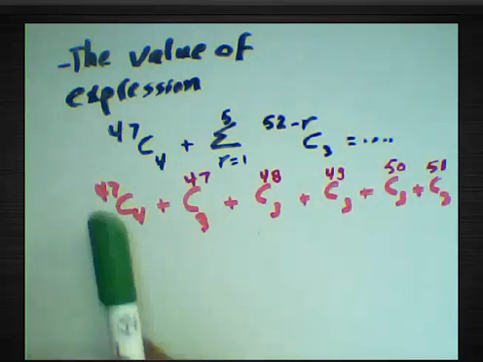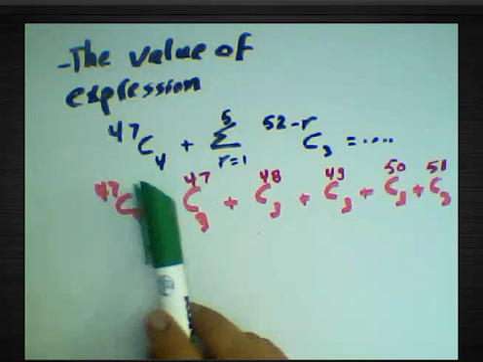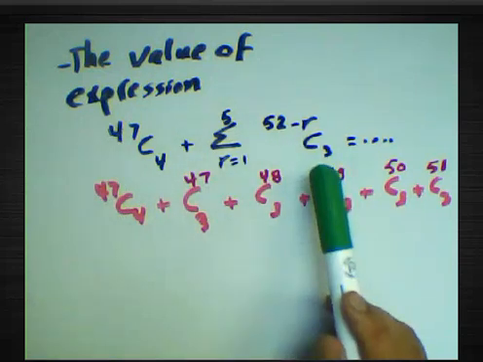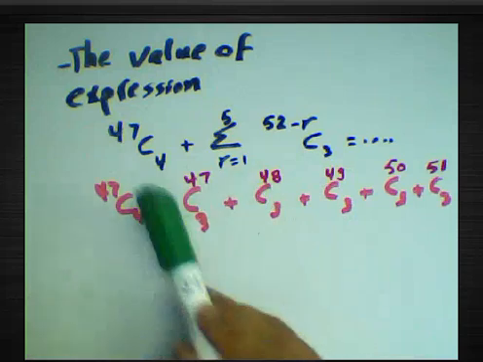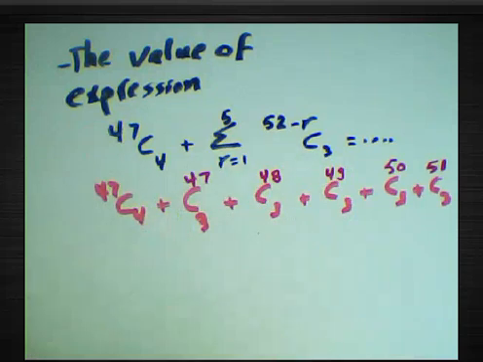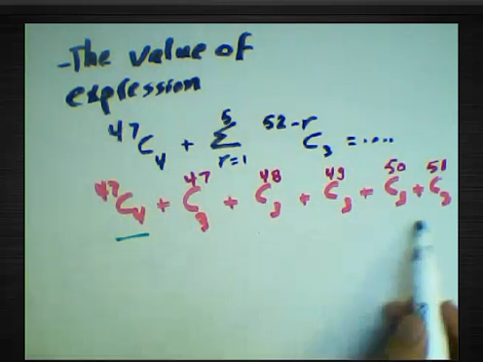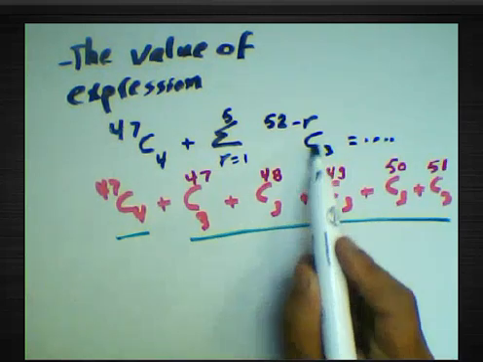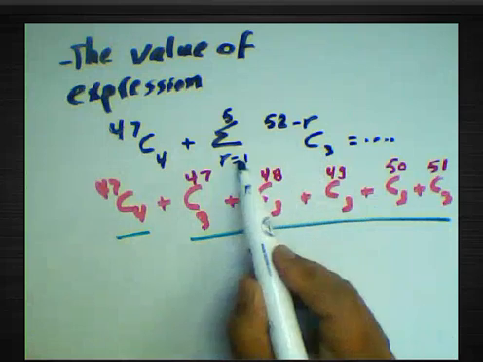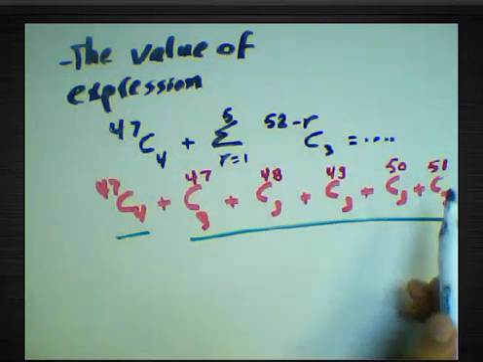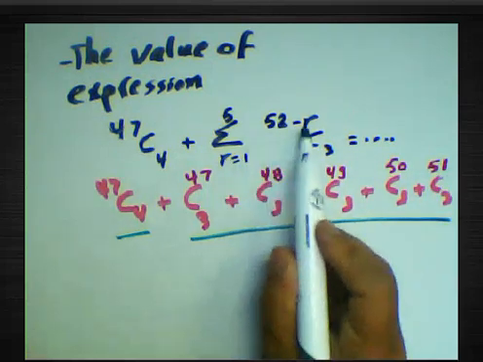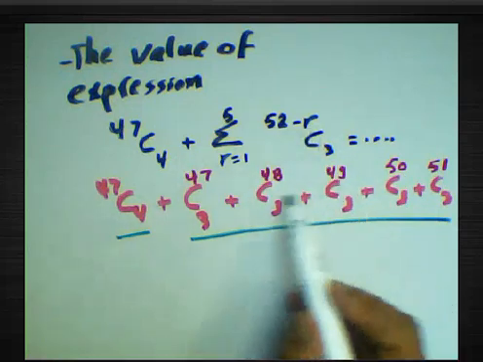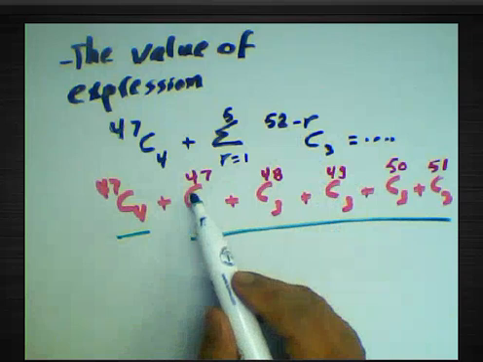We want to find the value of the expression 47C4 plus the summation from r equals 1 to 5 of (52 minus r)C3. First, we must put 47C4 at the front, and the next step, we can find 5 terms beginning with combination 3 here. Put 52 minus 1 equals 51, and 52 minus 2 equals 50, 52 minus 3 equals 49, 52 minus 4 equals 48, 52 minus 5 equals